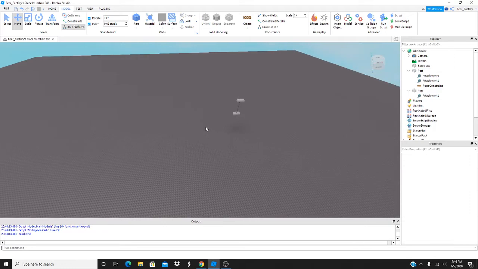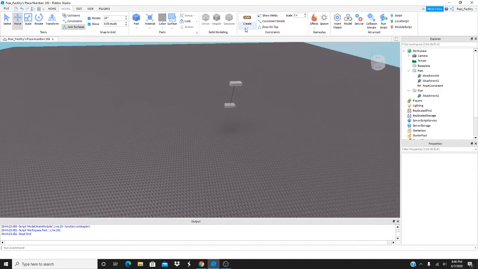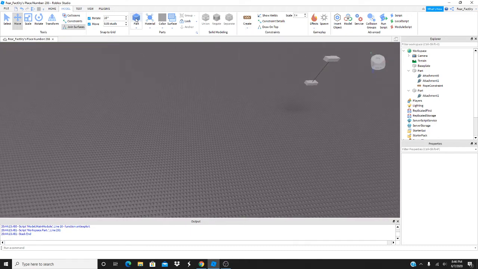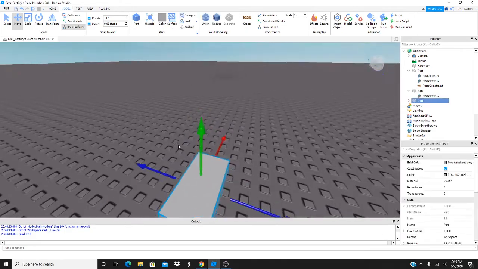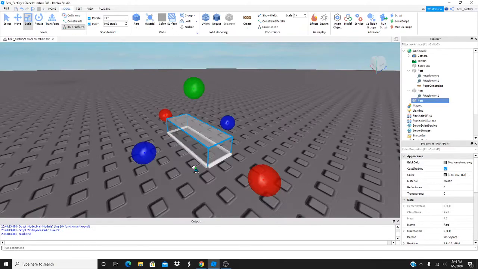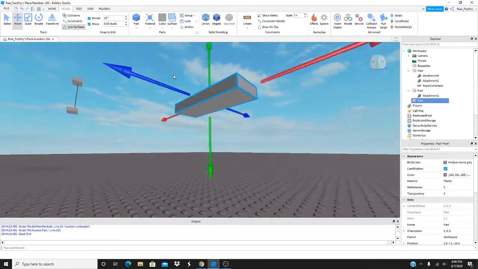The second thing that I wanted to go over was hinges. So hinges you could actually make doors out of if you wanted. They're not super useful. It's not the best way to make a door, but you still can if you want to. But